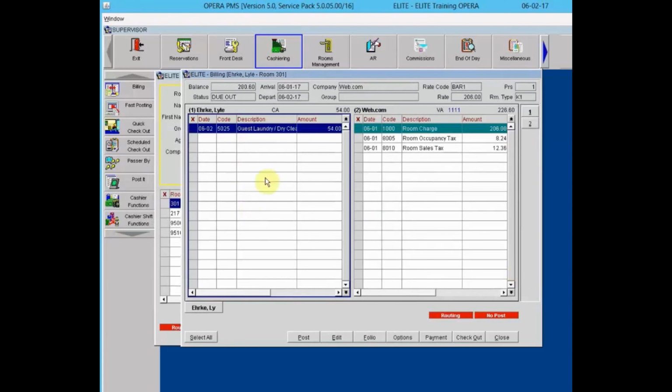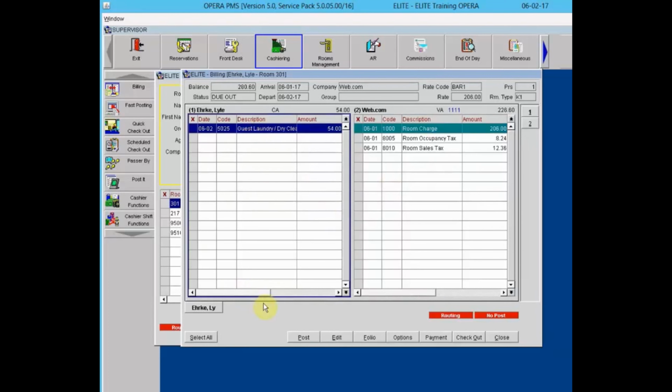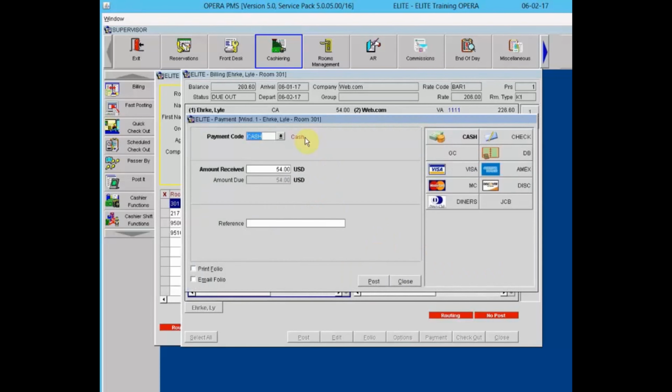We have the guest owes $54 in window 1, and the room and tax is going to be taken care of by this Visa that was given to us by web.com. Okay, so if we want to do a checkout, I'm going to start with window 1, so I've highlighted it. I'm going to click on the checkout button. I'm going to click on checkout. Now the guests, when they checked in, gave us cash, or we forgot to get a credit card or didn't get a credit card. But let's say they gave us a check at checkout. So we're going to choose check. For $54, we could put the check number,